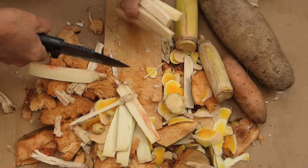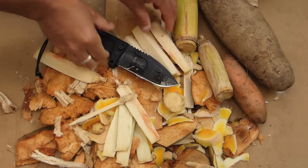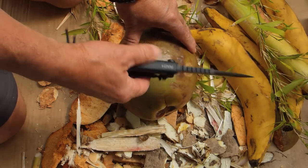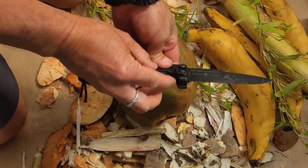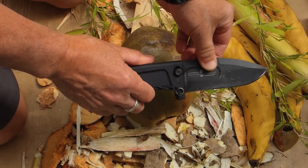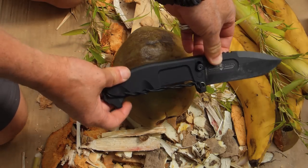So there you go, some sugarcane sticks. That's not bad. Okay, so what we're going to do here is look at the RAOII in the fixed position. I've got the safety pin screwed in across here like that, so effectively it makes this a fixed blade knife. It's not a proper fixed blade knife as such because it's a folder, but anyway,